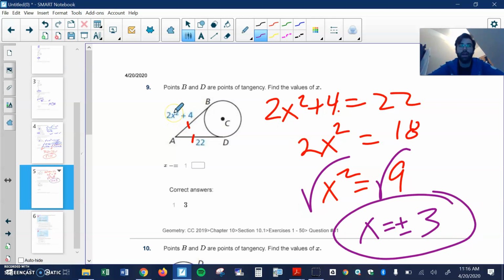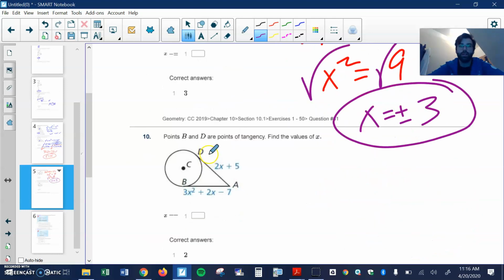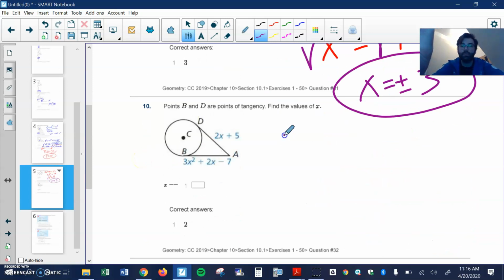Because if I square -3, I still get positive 9. Times 2 is 18, plus 4 is still 22. So they both actually work here. Just be careful with your negatives. Okay, be careful. All right, so now this one I'm going to set